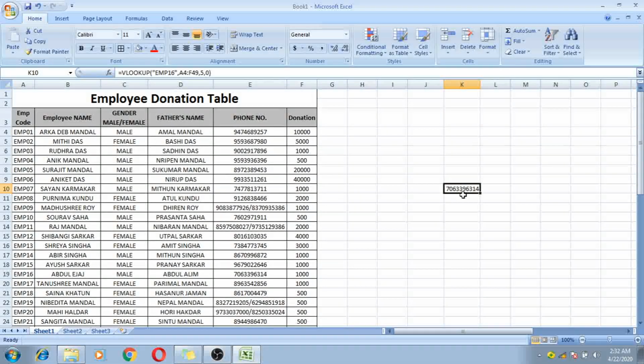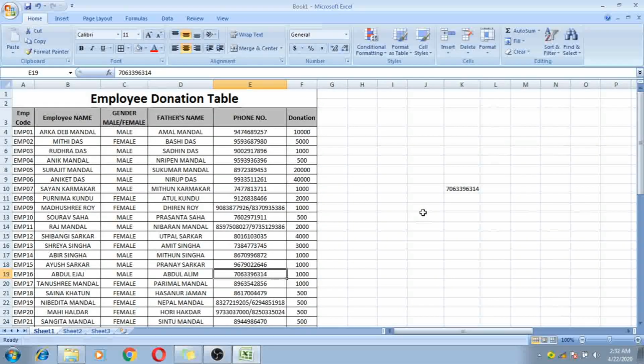Just cross-check the value of EMP16. This is EMP16, and the phone number of EMP16 is 70633693114. So both are the same.